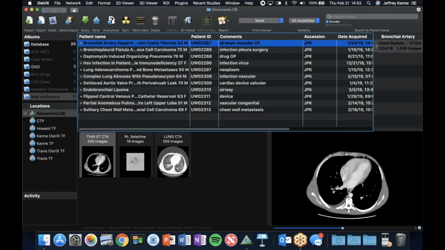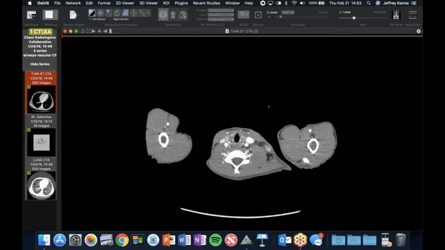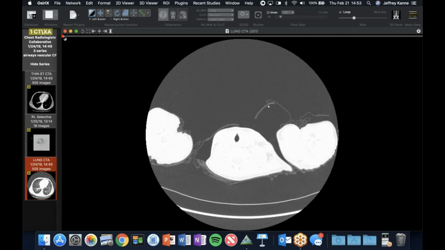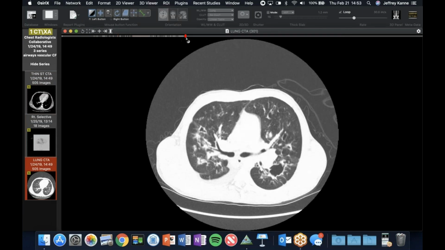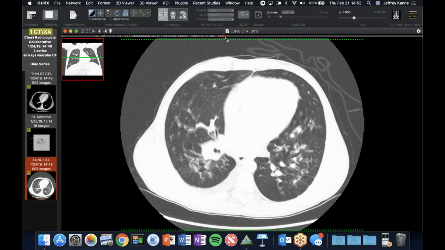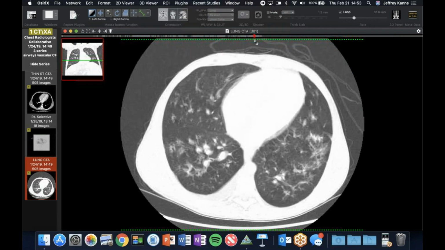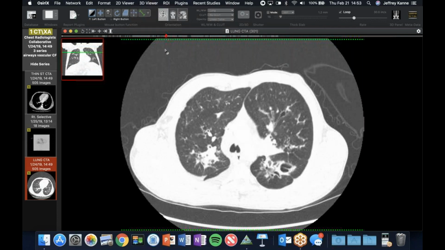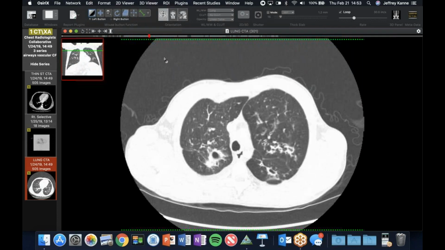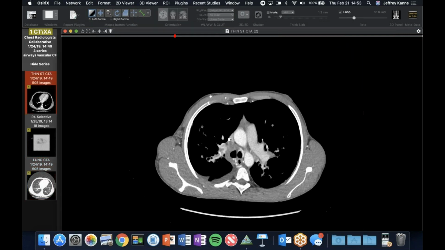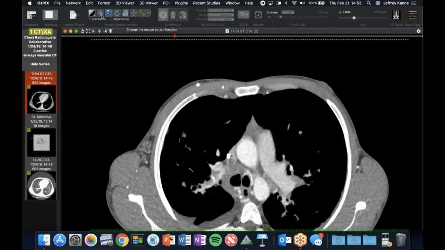I don't think I showed this case yet. I've been saving it for a while, but this was just cool. This is a patient with cystic fibrosis. I haven't shown this case, have I? I don't think so. Stop me if I do. Not a great scan, breathing all over the place, but the patient has pretty bad bronchiectasis in the upper lobes with these large cysts and cavities. What I really liked about the case, though, was the striking bronchial arterial hypertrophy,